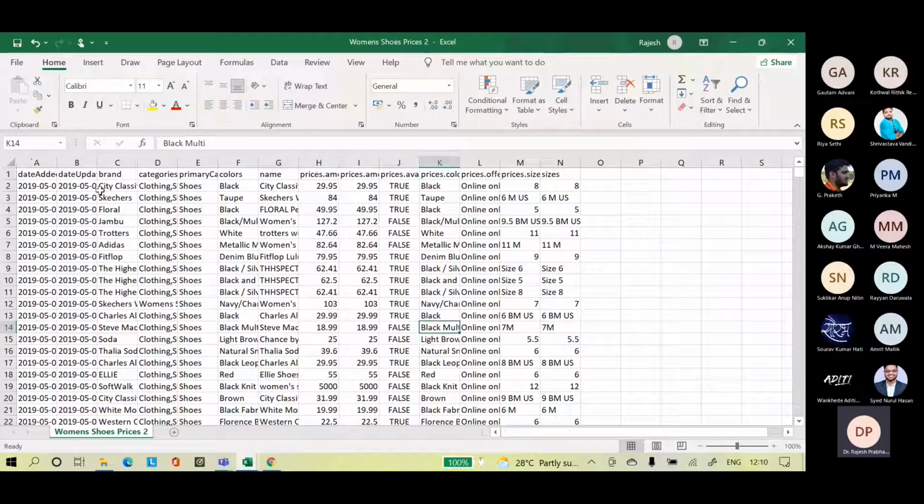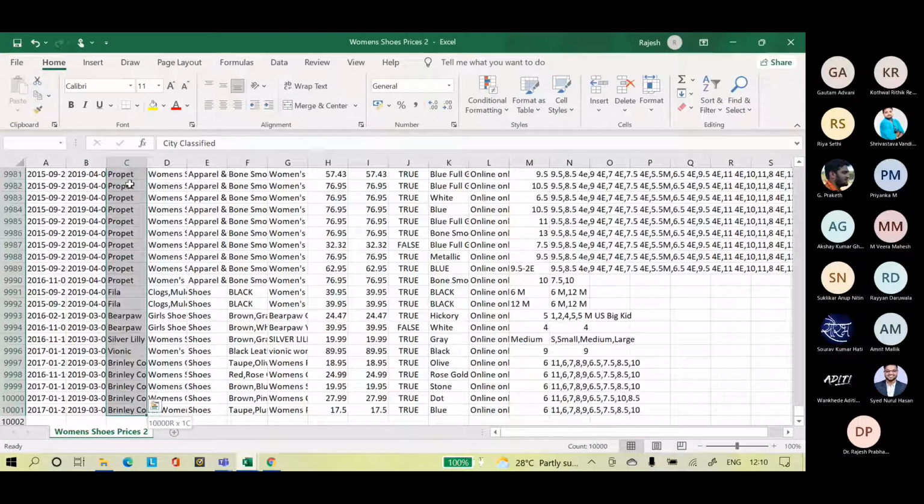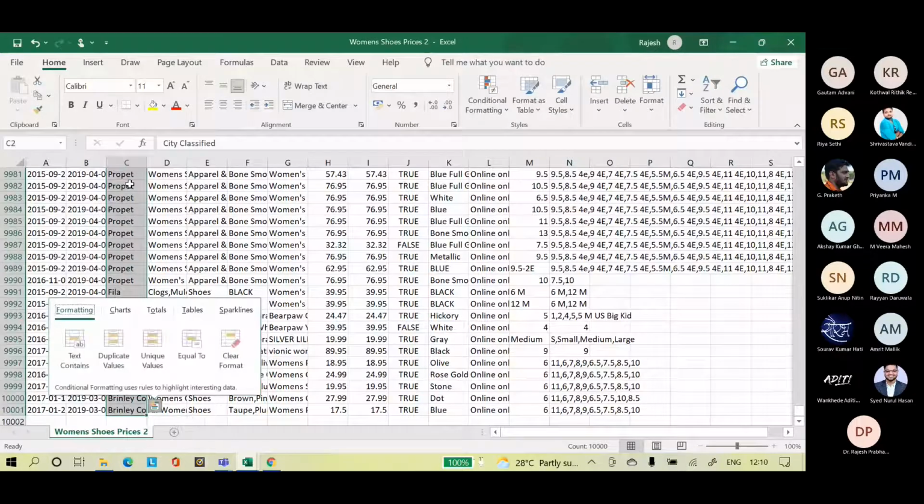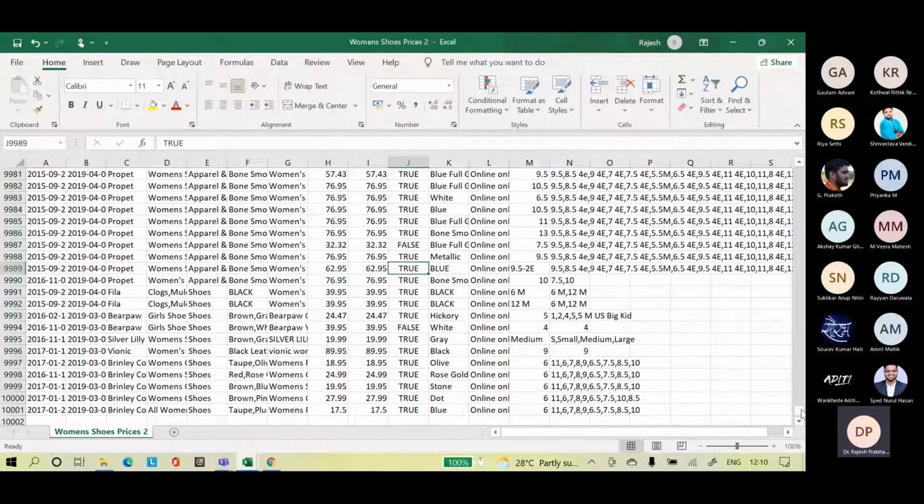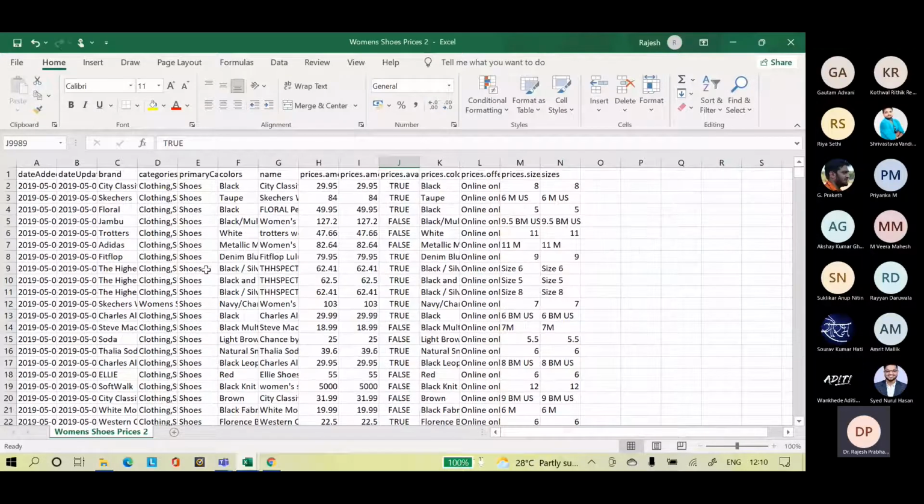There are fewer things here, so this has fewer columns. Categorization again is a problem; we have to clean it. Color.